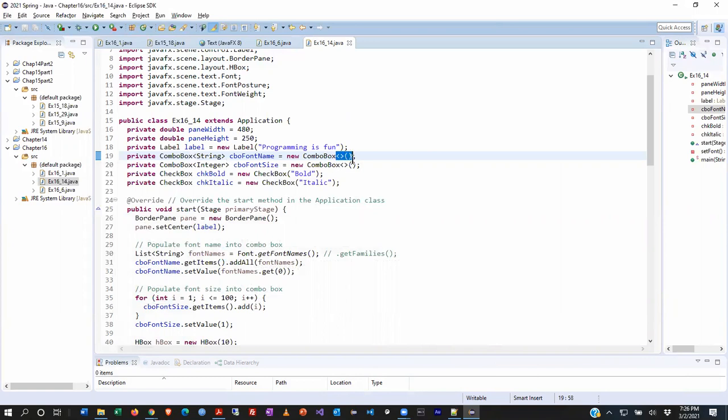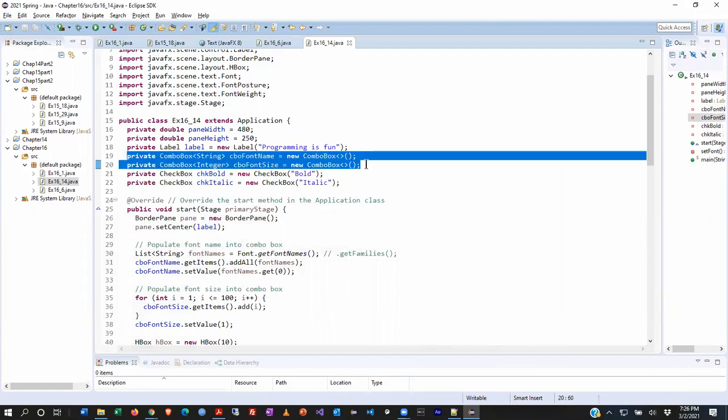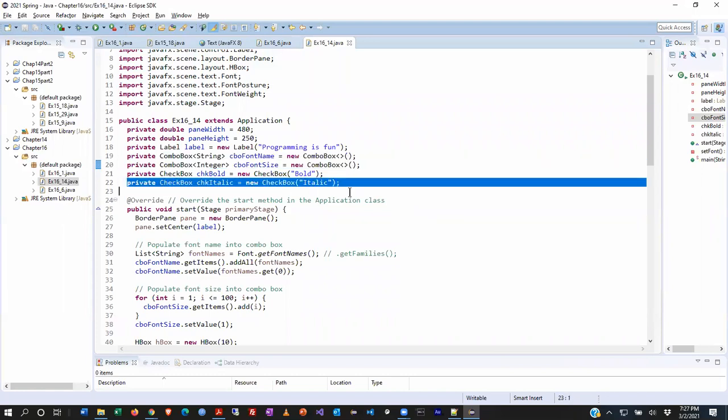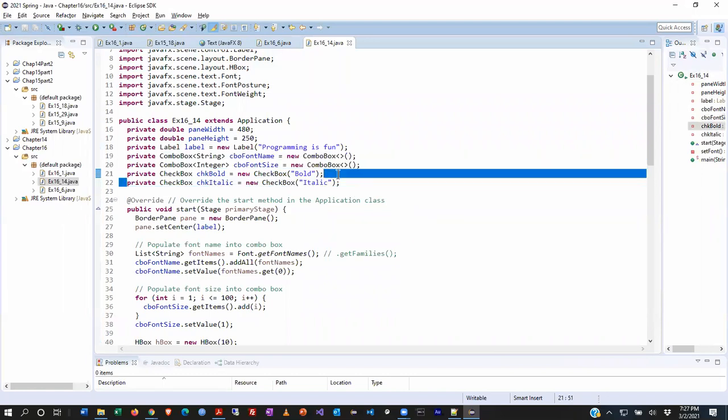Because it's a list, when you instantiate, you have to have empty angle brackets and parentheses. That's the constructor for it, because really we're dealing with an object that has many components to it. All right. Next thing we're doing is creating checkbox variables here for bold and italic, like we see at the